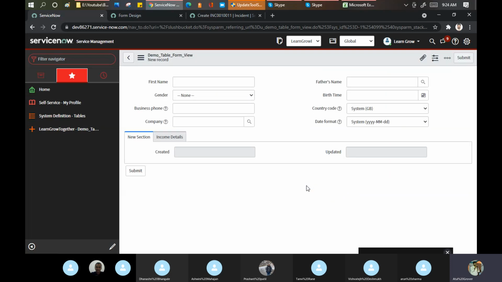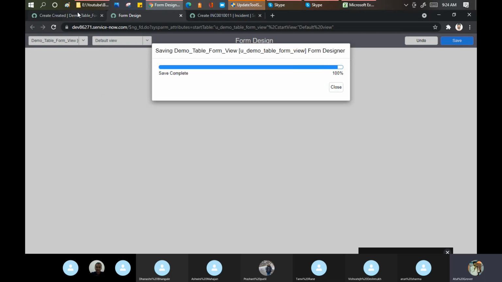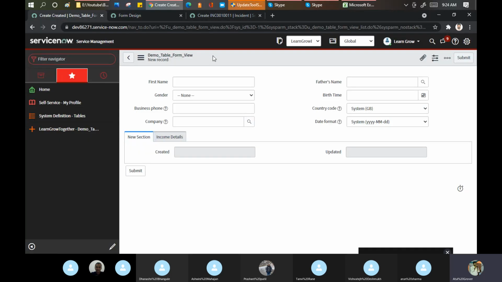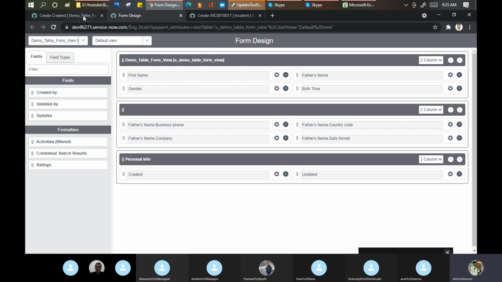Fine for me, no problem. So it has been there. First name is appearing here. Okay, why did it not change? Okay, we did not save it actually. Now one thing is appearing, the side is not appearing. Need to see what happened. Why is only one thing appearing, not this thing? Let me reload this page.